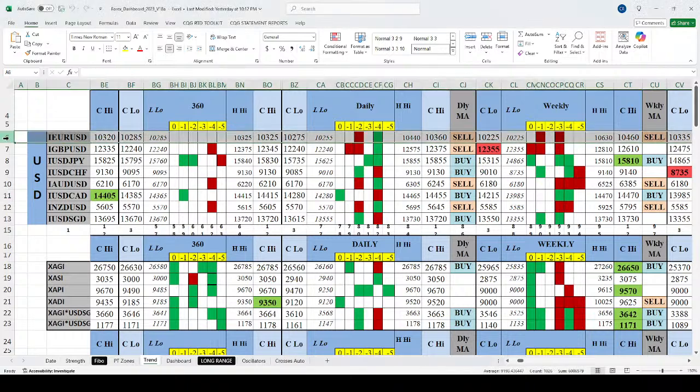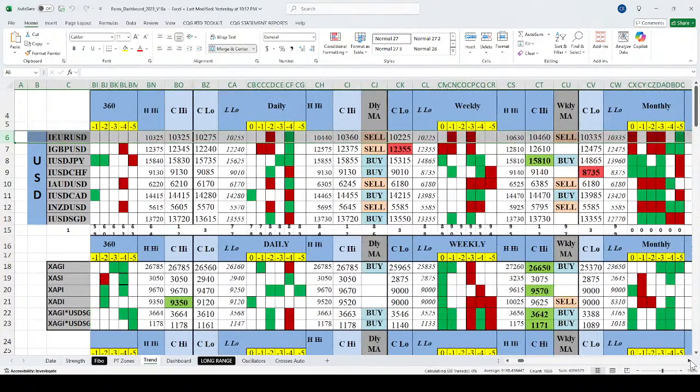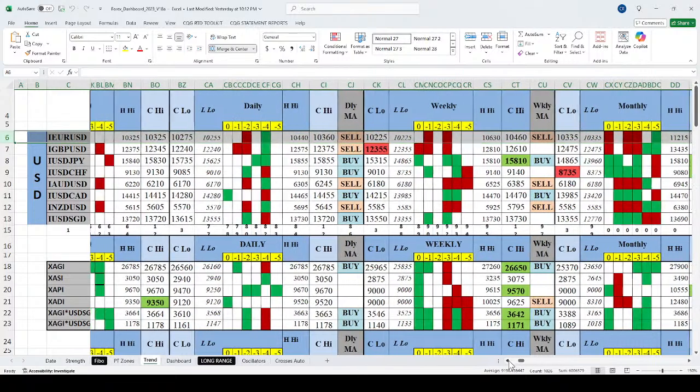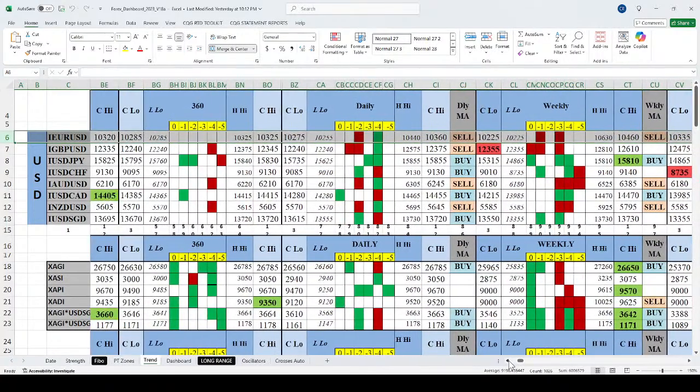Okay, euro dollar. If we look into this, your 360 looks flat across the board, and the range we are looking at is between 102.85 and 103.25. Daily is flat with a downside bias, weekly is flat with a downside bias, monthly is in a downtrend. So which means to say that we should be looking to sell and hold, or cautious sell. If we are going for a buy, then we have to be buying near the low and trade a range play, which is between